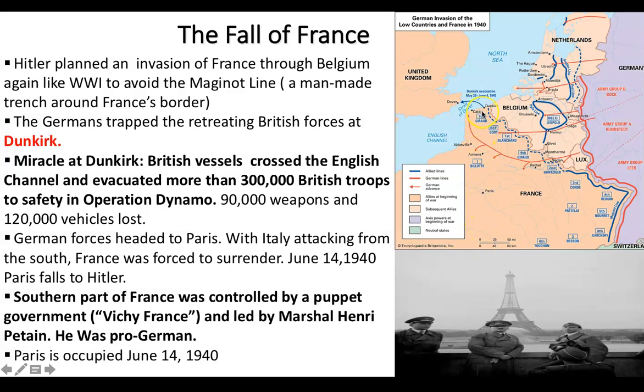While all this is happening, and he is surrounding these French and British troops who had come to help the French and the Belgium troops here in Belgium and France, the British government decides they're going to retreat. It's kind of a covered up thing. They don't want people to know, but they're like, yeah, some of our best British troops, their British Expeditionary Force, lost this early in the war, completely surrounded, taken as prisoners of war, or Hitler might just execute them all, who knows. And so they decide they're going to retreat.